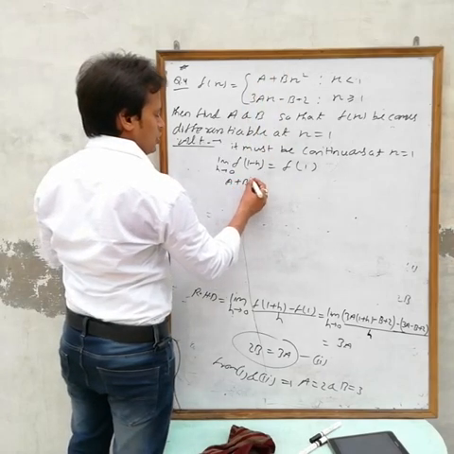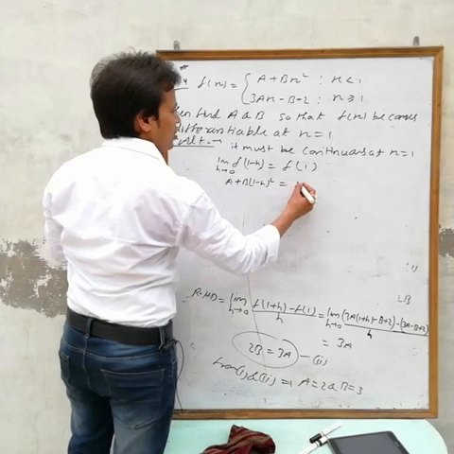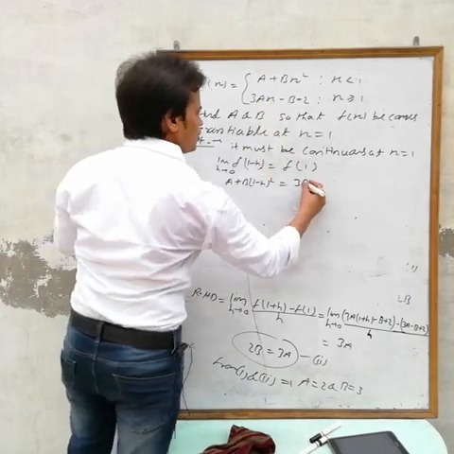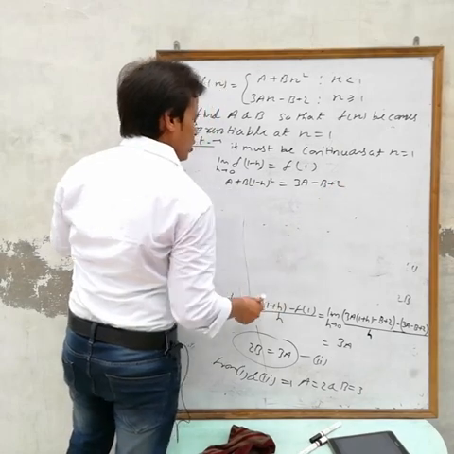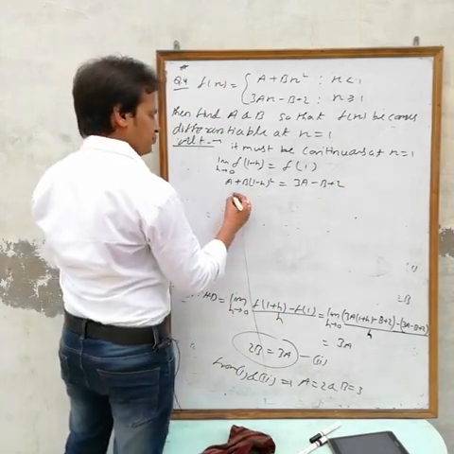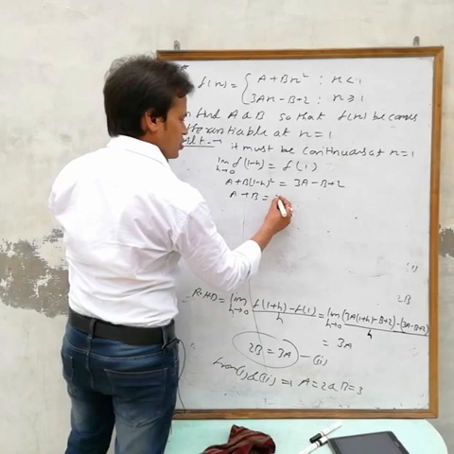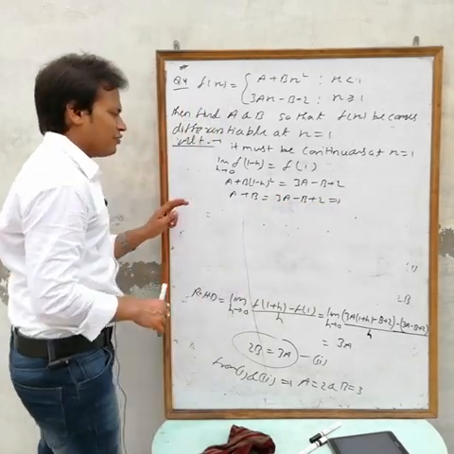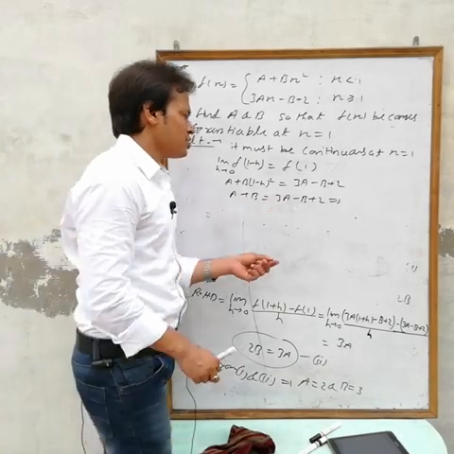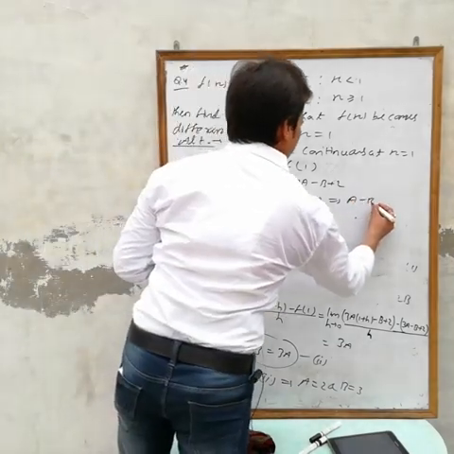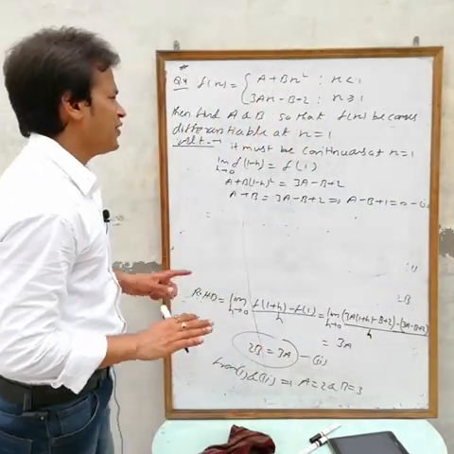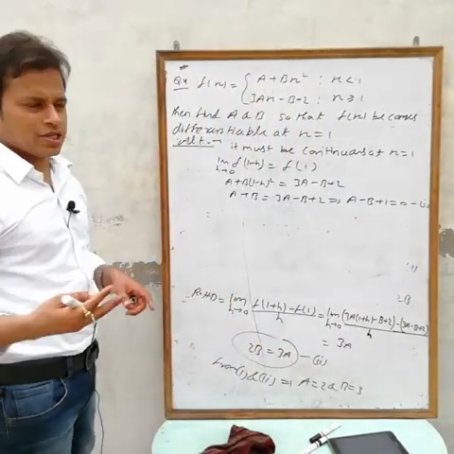a plus b(1 minus h) square equals f(1). If you put f(1) in this one, 3a minus b plus 2, put h equals to 0, then a plus b equals 3a minus b plus 2. So from this one, if you take a and b at this side, we will get a minus b plus 1 equals 0, equation number 1. Okay, now again you want the next equation.